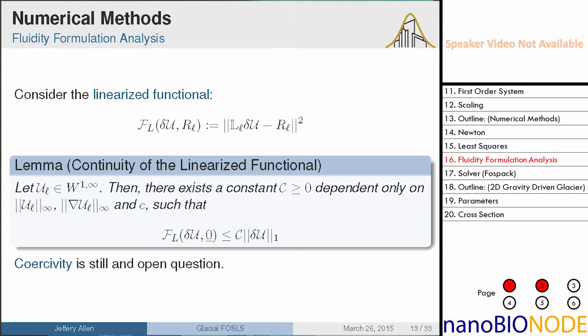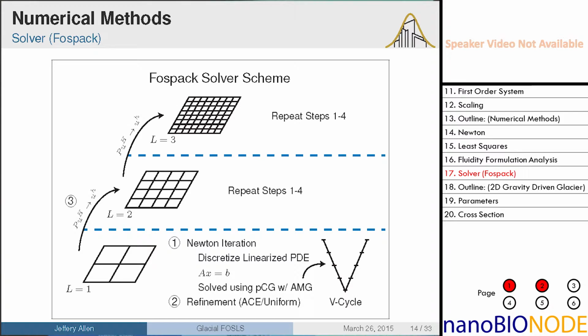There have been papers about coercivity for Stokes with constant viscosity and Dirichlet boundary conditions around the entire domain. But for the case of variable viscosity with more general boundary conditions, this question is still open, and it's something I'm working on. The solver that we actually use is called FOSPACK, and how it works is we do our